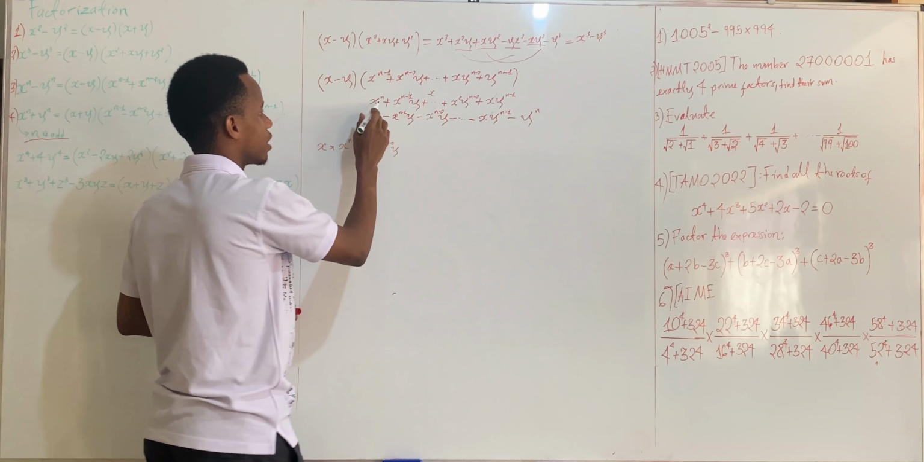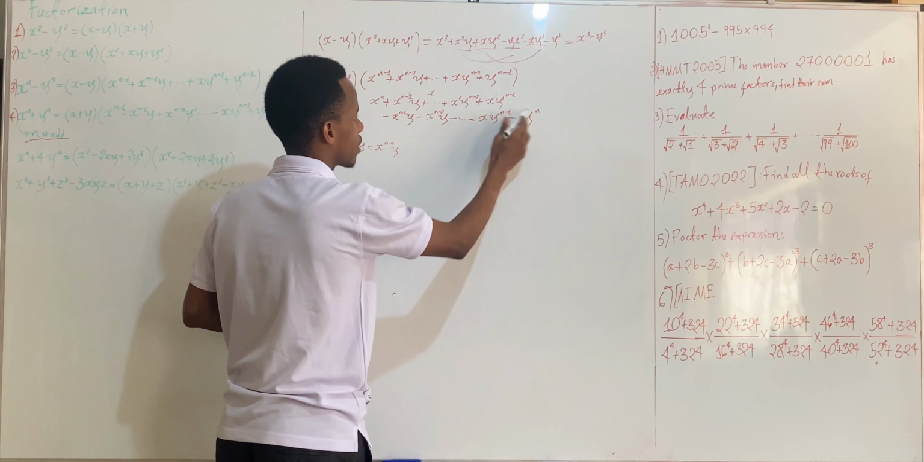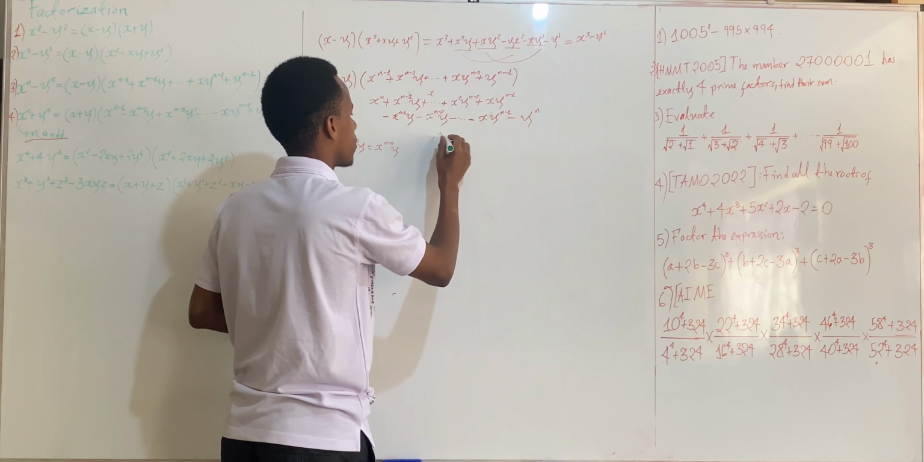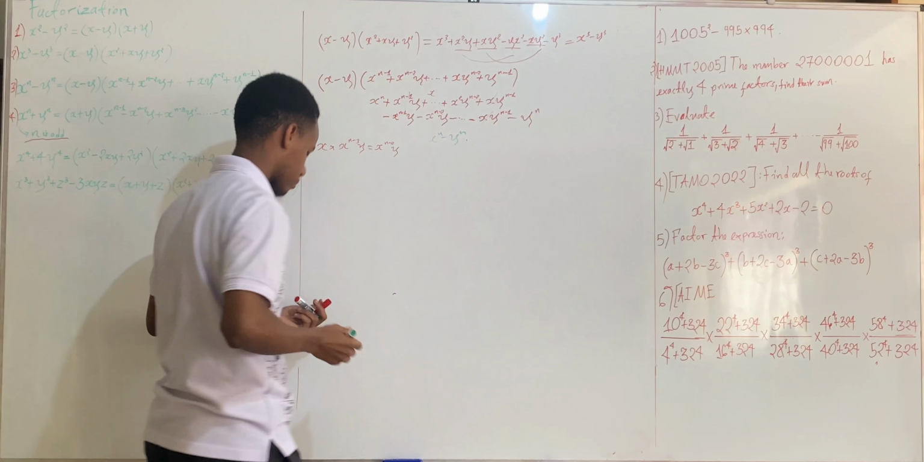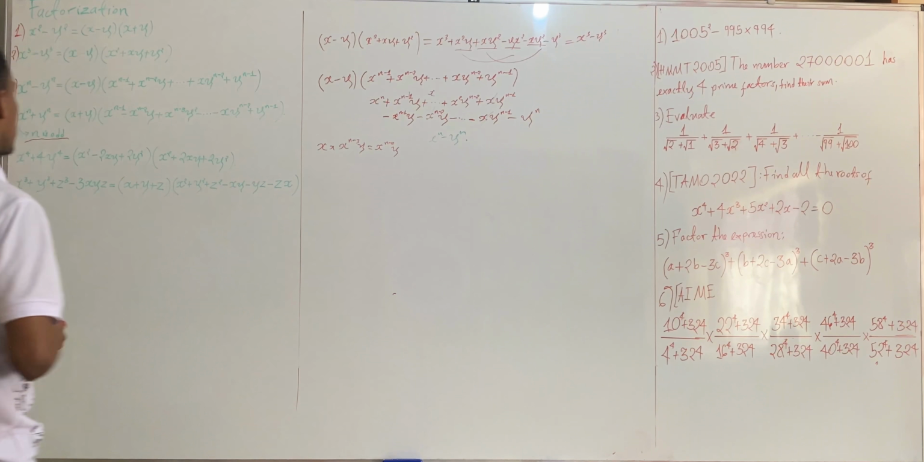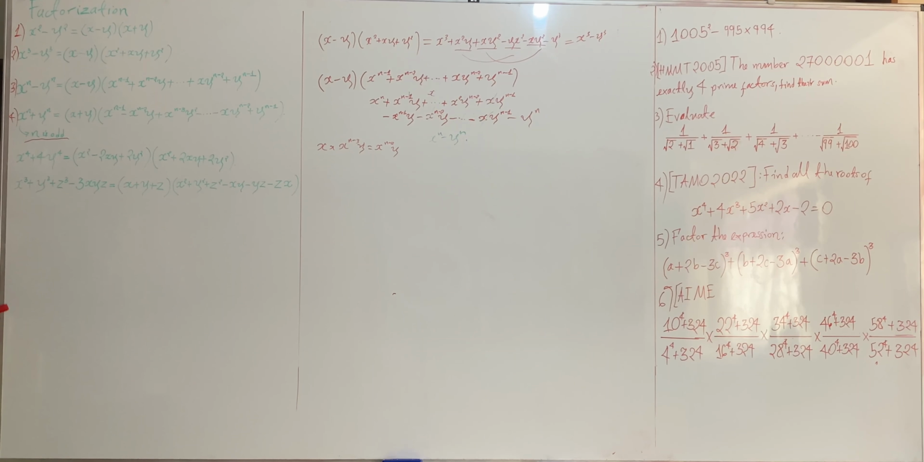And at the end, we'll be left with x to the n and minus y to the n, which is what we wanted to show as our third identity. Okay, and